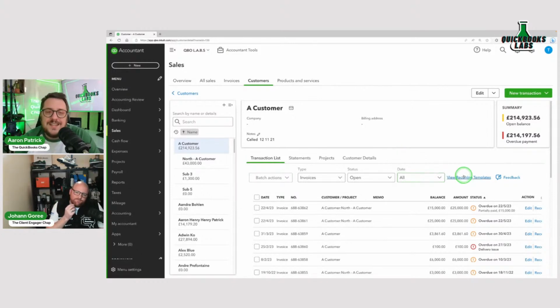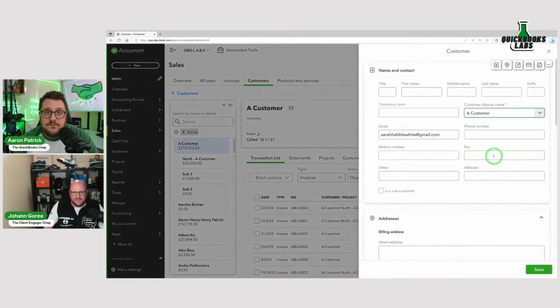True, but even if it was just that button that went to that exact one, that'd be so much more useful, right? Like that whole idea that you can just quickly go in and update it instead of having to search for it and then hope that someone's named it appropriately, which in my firm, that's definitely a sackable offence if they don't name it accordingly. Because that does cause many issues from time to time. But yeah, apart from that, everything else is pretty much the same.